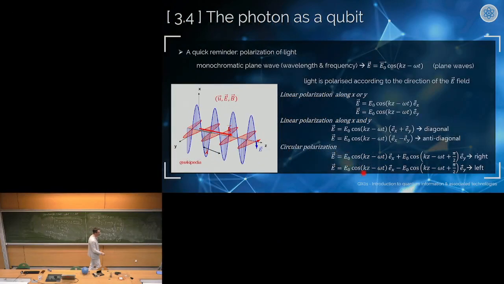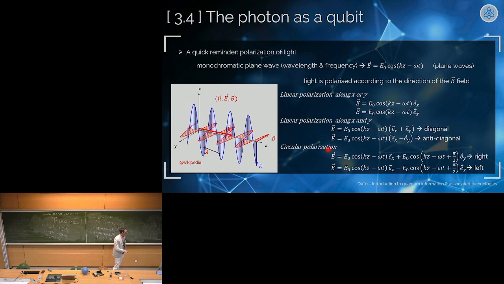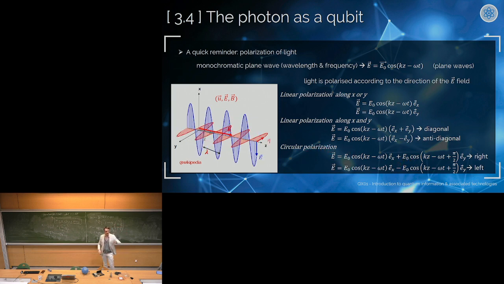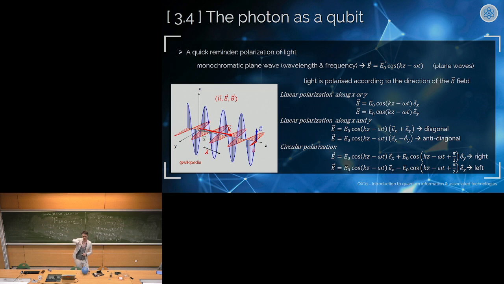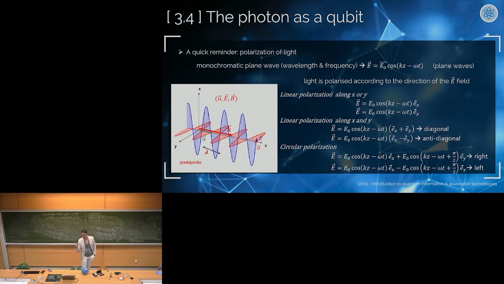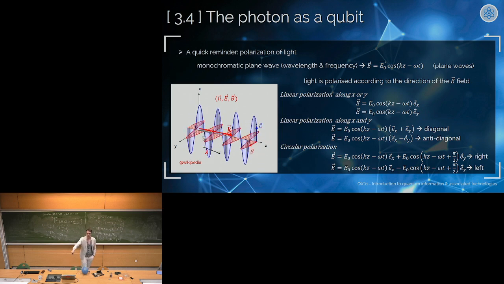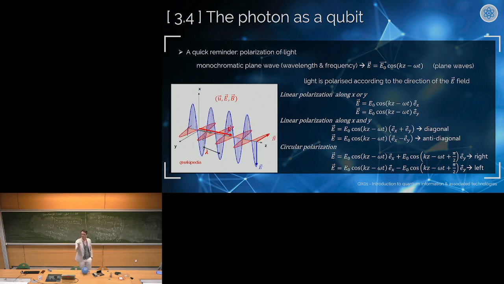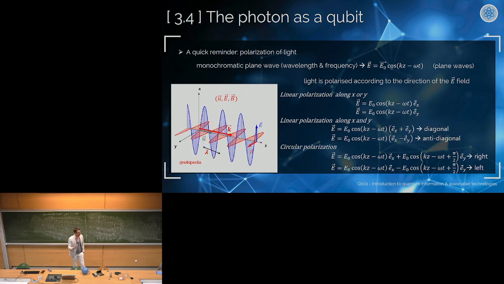I can have more complex states. I can have circular polarization. So in this case, that means that you have a phase in between these two. So you would have a phase between the x component and the y component. So that's where the phase comes from, this pi over 2 here. That's the phase. So that means that now you would oscillate, but you would also turn and go like this. So you can either do circular right, or you can do circular left. So you have two possible circular polarization states. But if I take a step back,